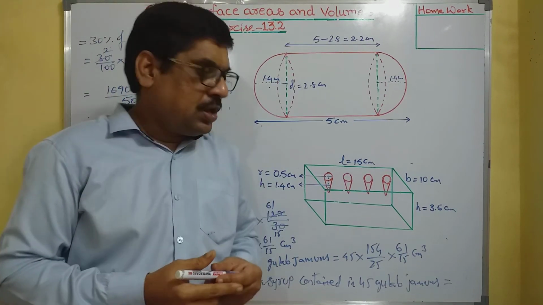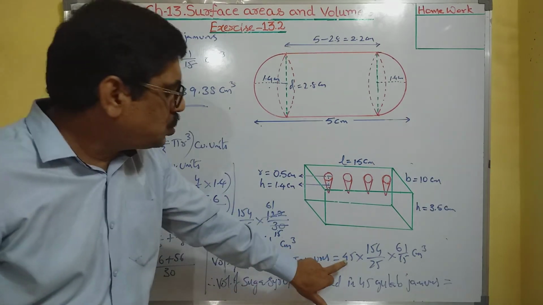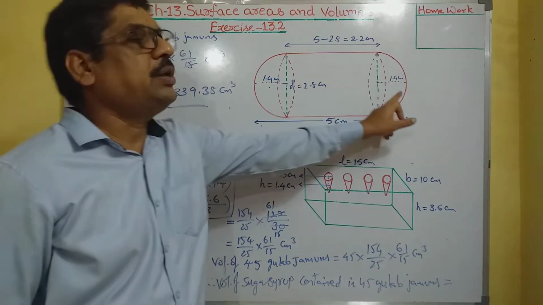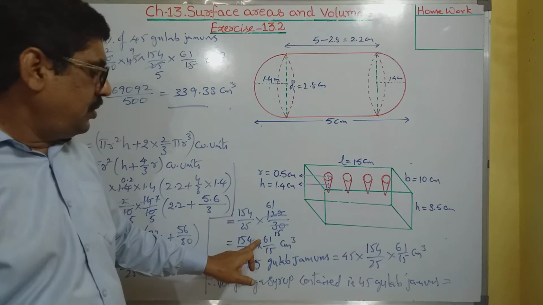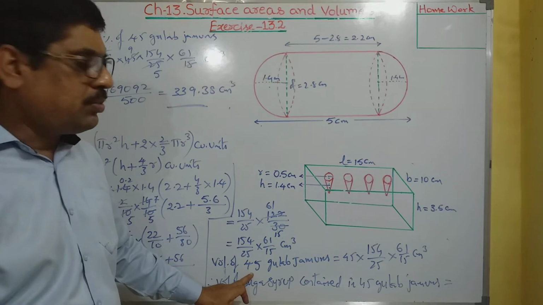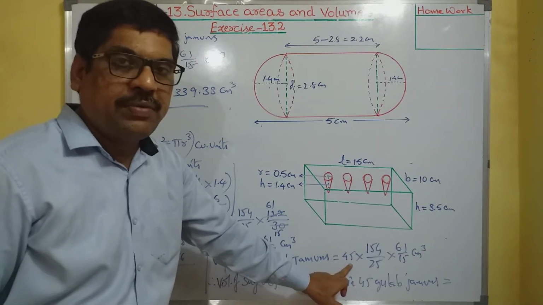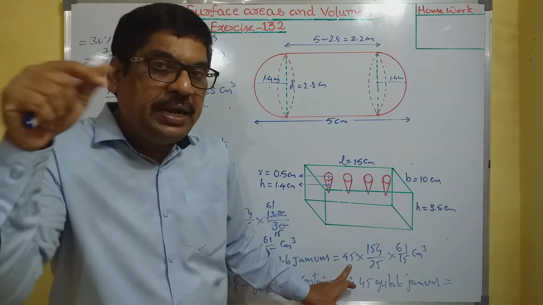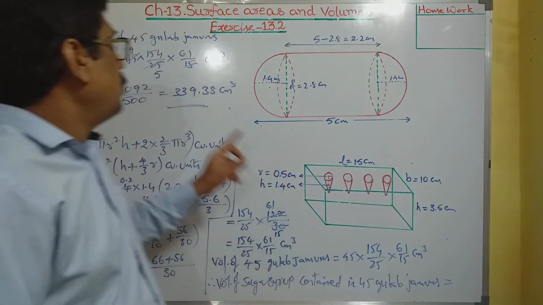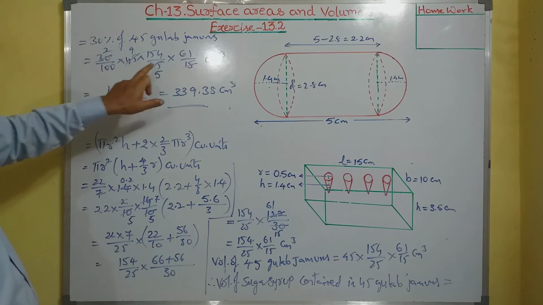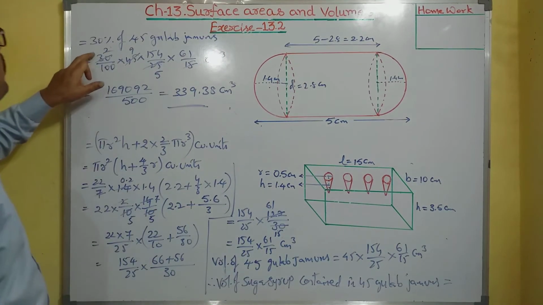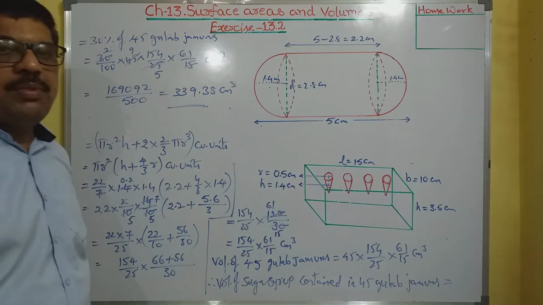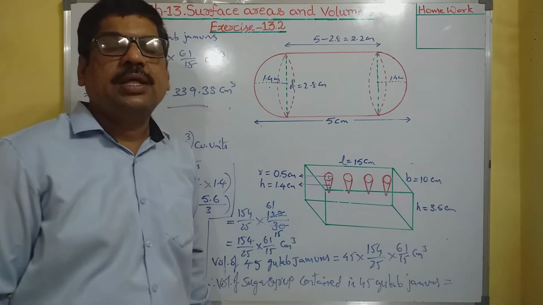What we have done is we found the volume of each gulab jamun. Okay, so by adding the volume of the cylinder and the hemispheres, I got like this. Here we need to find the 45 gulab jamuns. That's why I multiplied with 45, and we need to find only the sugar syrup contained in the gulab jamuns. So that is 30% only. So I need to multiply this value with 30 by 100. That is 30%. I got this value. This is the volume of the sugar syrup contained in the gulab jamuns.